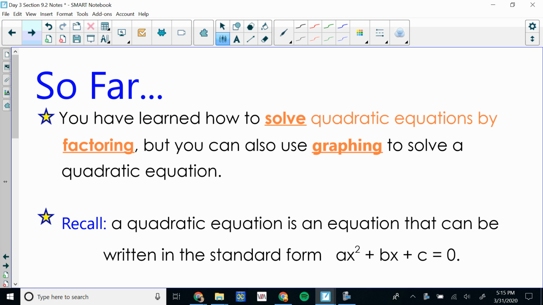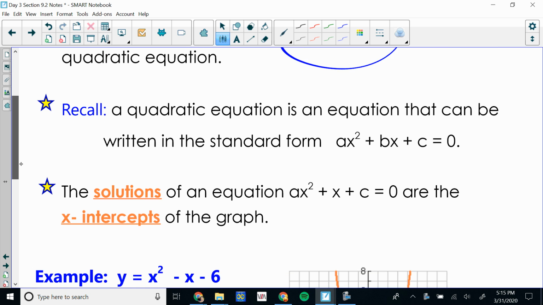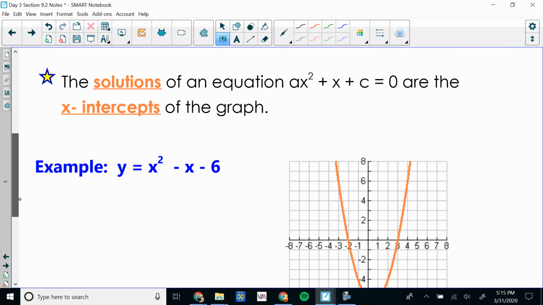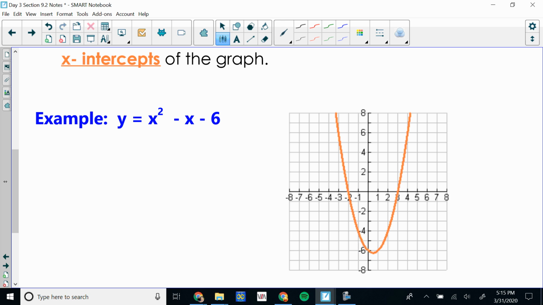So far, we've learned how to solve quadratic equations by factoring, if you remember the last chapter, but we can also use graphing to solve a quadratic equation. Recall that a quadratic equation is an equation that can be written in standard form ax squared plus bx plus c equals 0. The solutions or roots of an equation ax squared plus bx plus c equals 0 are the x-intercepts of the graph. So in this example, if they graph this one, the x-intercepts are where it crosses the